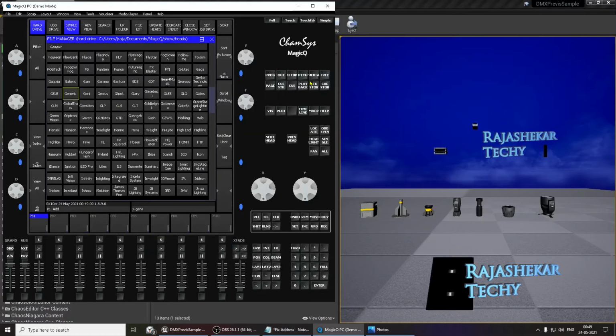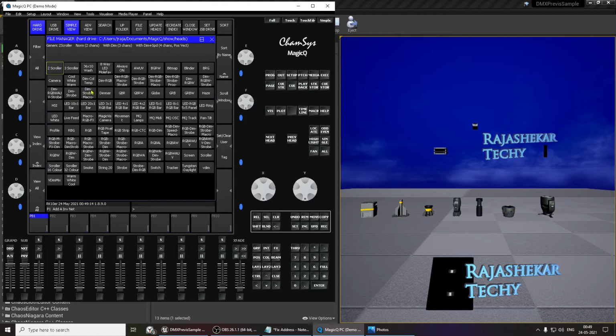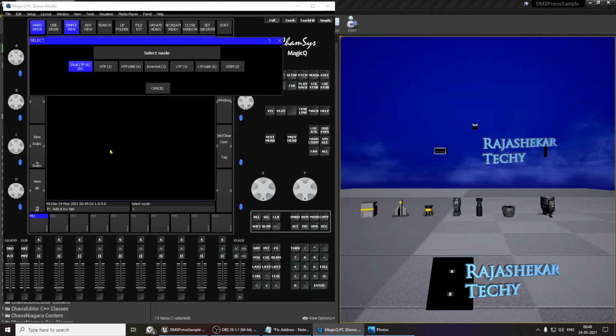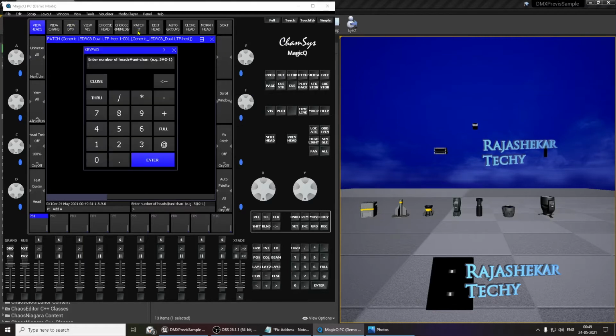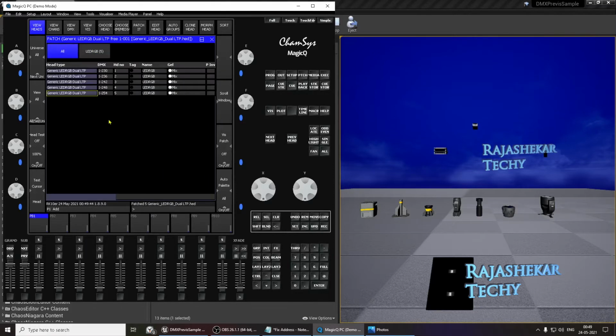In the case of moving, you need to click on patch and then choose head and go to generic. Under generic, look for anything which says RGB or LED RGB, and you can pick anything of your choice. In this case, let me choose RGB alone, the first one. The moment you choose that, click on patch it. We need 5 matrix cells, and you need to mention the address, so it's 230. This is the format: 5 cells at the rate 230. Click enter, and yes, it's patched.